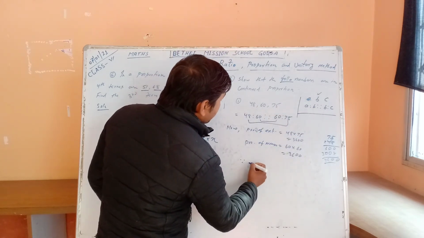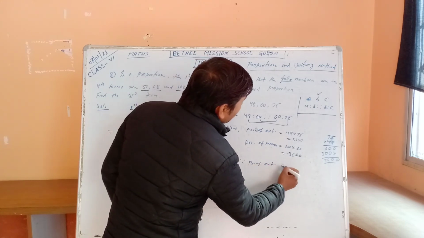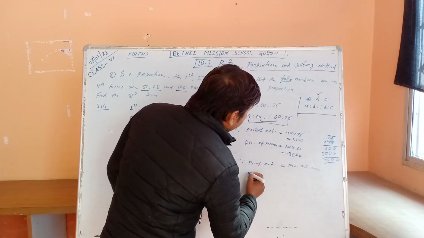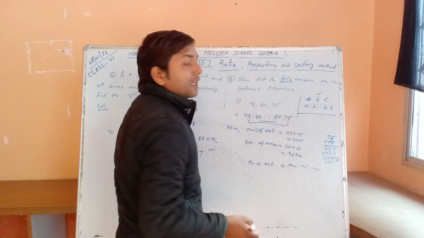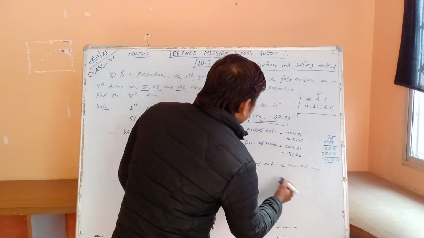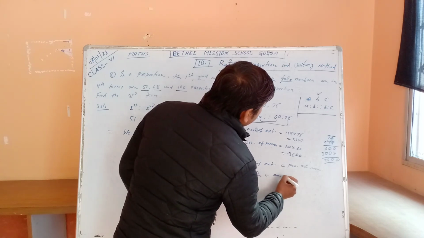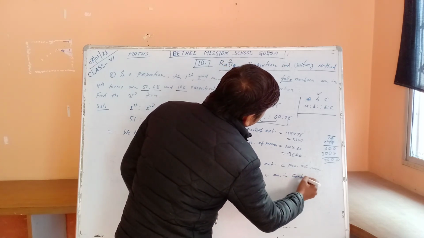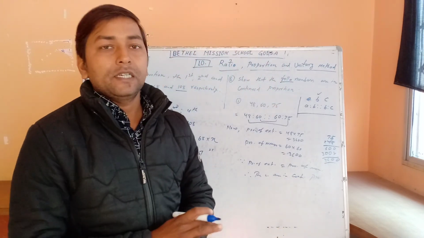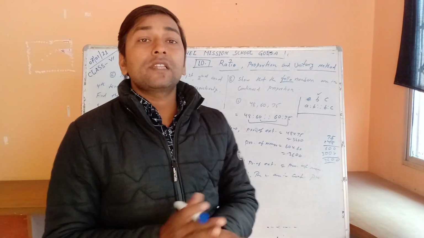So write down, since product of extremes equals product of means, therefore it is in continued proportion. Okay. So the numbers are in continued proportion. I have written in short form, you can do that. It is clear? Okay. And if you have any doubts, then you can ask